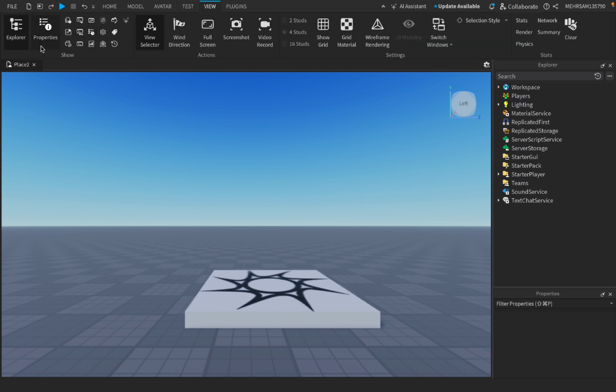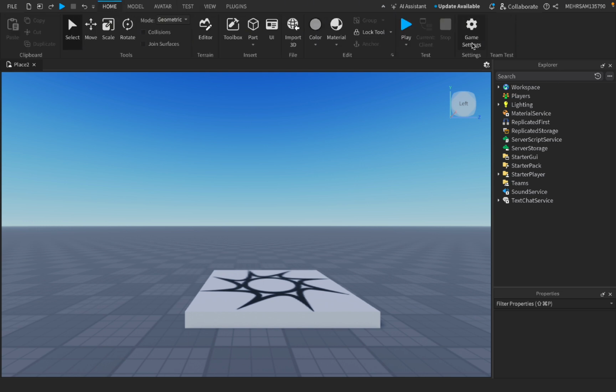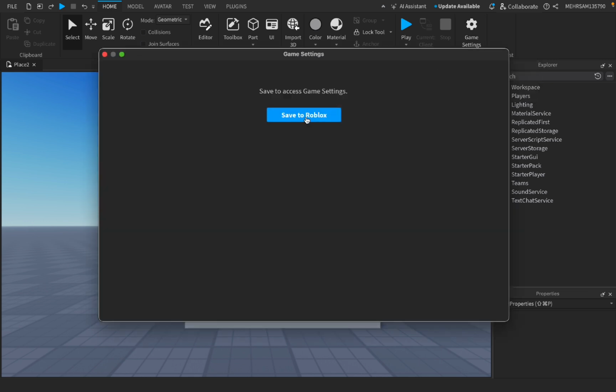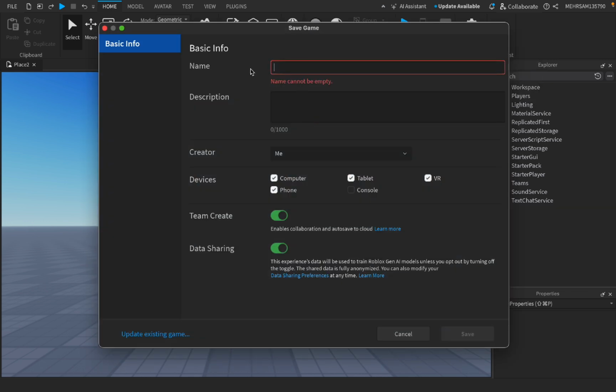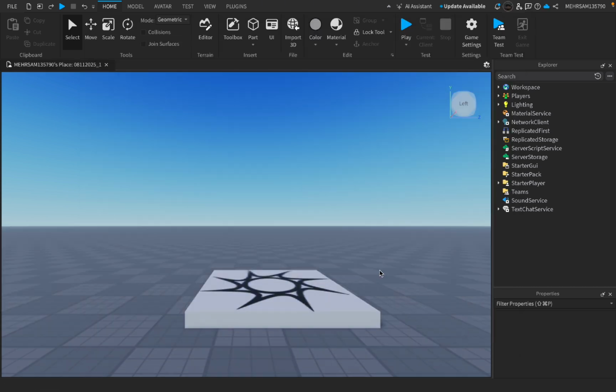First, open your Explorer and Properties tab. Then go to View and press these two. Then what you've got to do is go to Game Settings, save to Roblox. I'll just name it Tutorial. Boom. Okay, after it's saved, you can go to